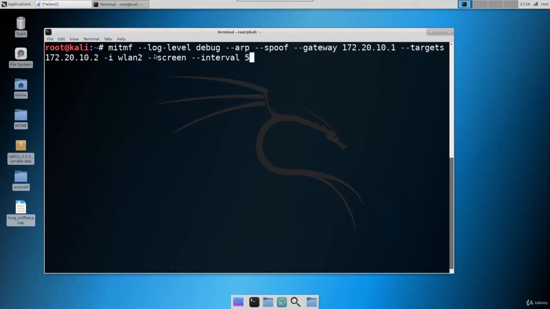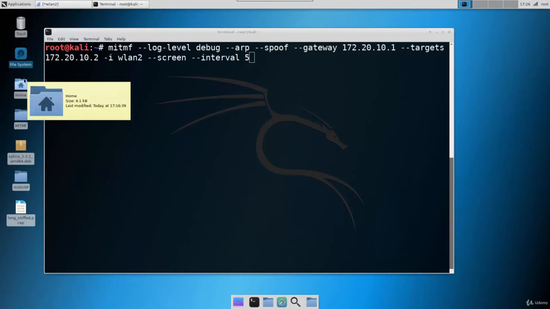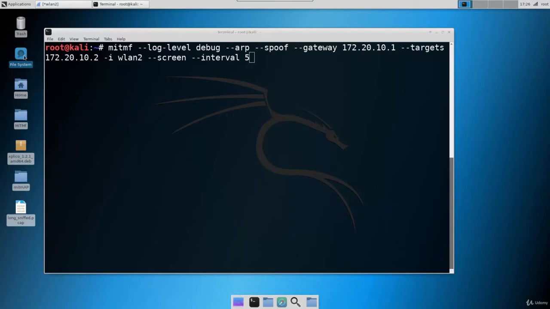Let's just give the interval of 5 seconds, and we will receive the images. So what this attack will do is it will start capturing the images on the victim device, right? So the screenshots, we will receive the screenshots basically.